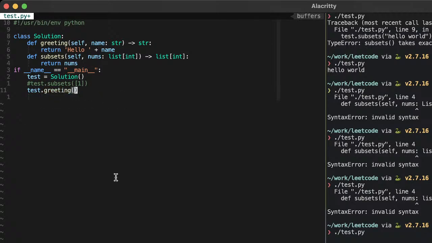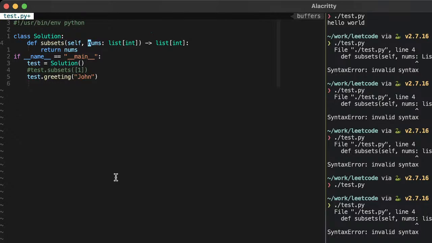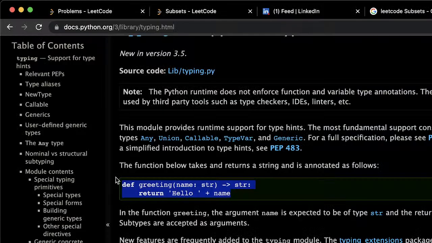Greeting. I'll give it a name. John. What? Okay. I'm not really sure what's going on here. We're just going to get rid of the type hints, I think. Okay. Okay, so that works.